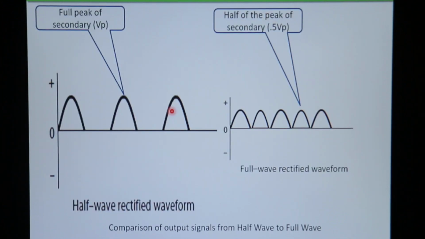So here's a picture of the output. So I want you to look at this. This is very important. This here was the full peak of the secondary in this picture. But if you look at the half peak of the secondary is all I get through to my full wave rectifier. Okay? I don't get this giant